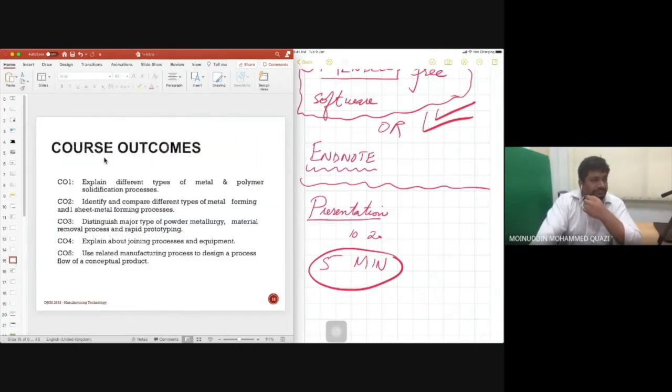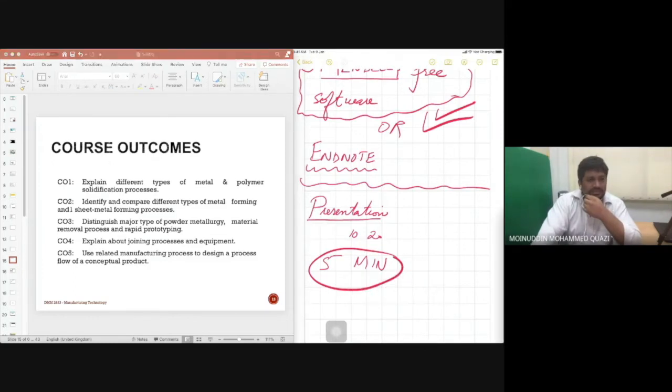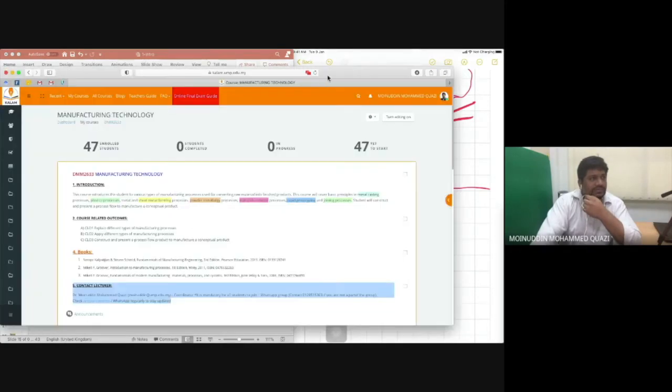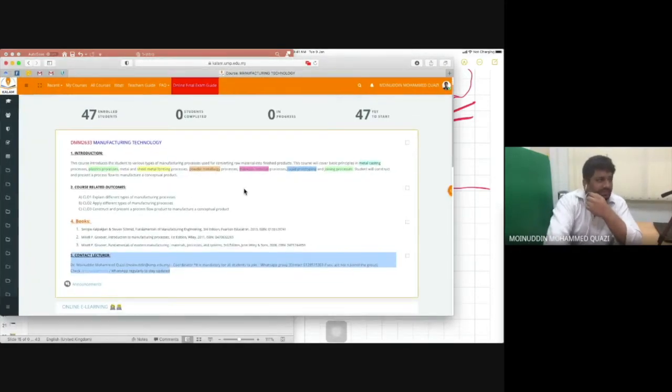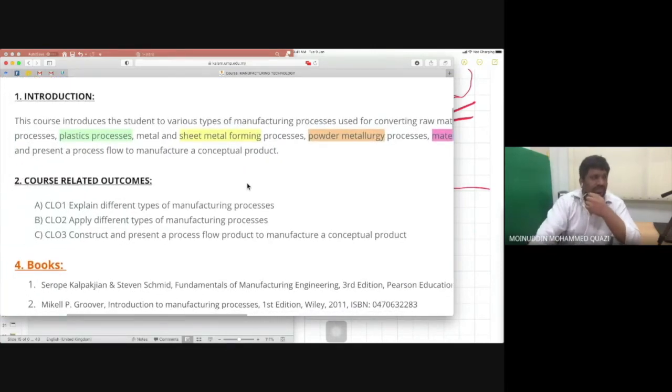Course outcome. Your course outcome have changed a bit, okay. Your outcomes have changed. For now your outcomes are 3 now, okay. Course learning outcome number 1: explain different types of manufacturing process, okay. So what I just told you, forming process, different types of forming process, so you have to know how this process works. What is the diagram, what is the advantage, what is the disadvantage, okay. So this is what we are going to learn for course objective number 1.